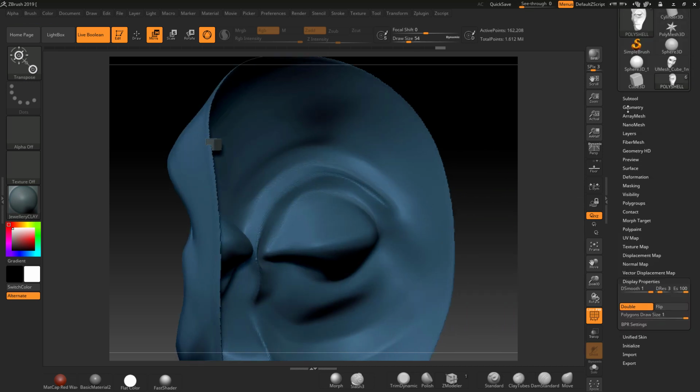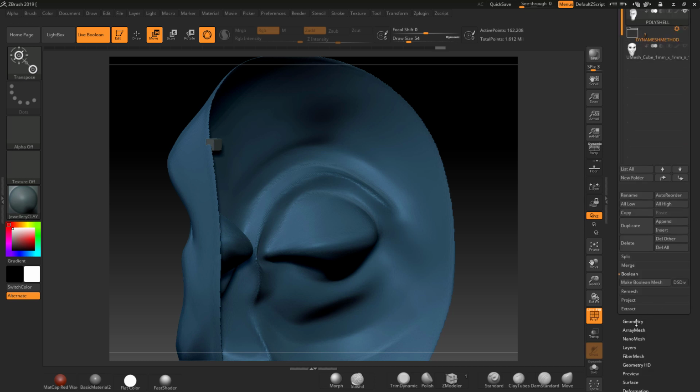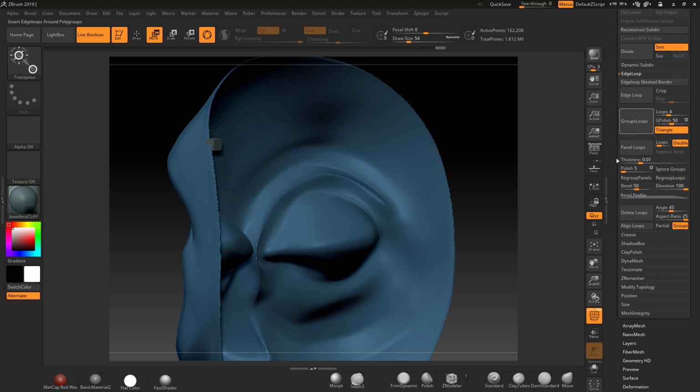I'm now going to use another technique that I sort of found, which is to come down and use the geometry and use edge loops and the panel loop function in here. And what we want to do is add a panel loop to this piece of geometry. Because we don't want it to pull out and create a panel loop, we need to set this elevation to -100. Okay, now we also need to set the thickness to get it to be the right thickness. So I'm going to hit this up. We'll leave all this at default and click panel,